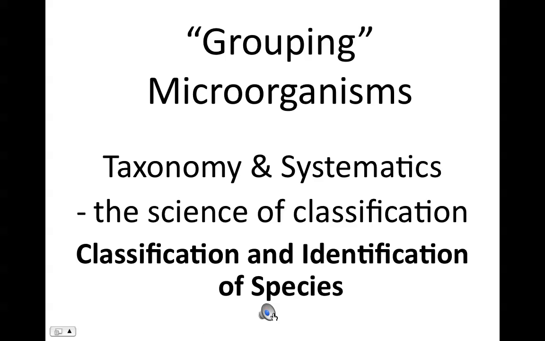When we're grouping organisms, we're trying to determine phylogeny, P-H-Y-L-O-G-E-N-Y, phylogeny, or relatedness. We group organisms together based on similarities and differences. We give them names and try to figure out how these different groups of species are essentially related to one another, if in fact they are. So how do we group them together? Well, the scientific study of systematics and classification would be putting them into groups. Taxonomy is giving them names. All are very active areas of scientific research.